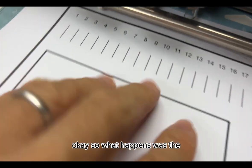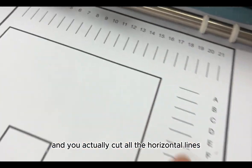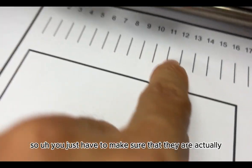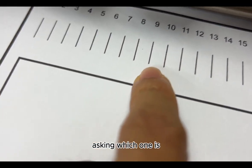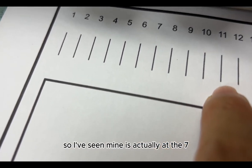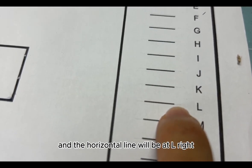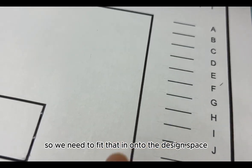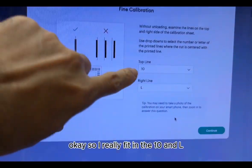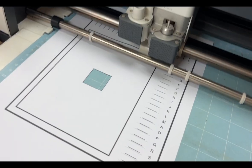Okay, so what happens is it actually cuts all the vertical lines and all the horizontal lines. You just have to make sure which one is the one that actually cuts in the center. I've seen mine is at the 7 and the horizontal line will be at L, right? So we need to fit that in on the Design Space. Okay, so I already fit in the 7 and L, and the next thing we need to